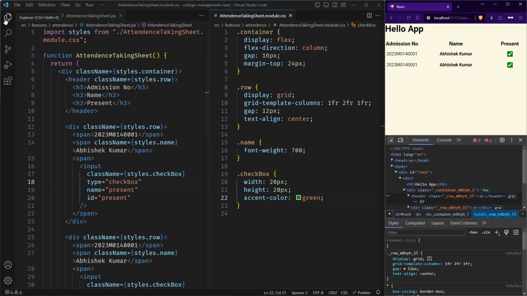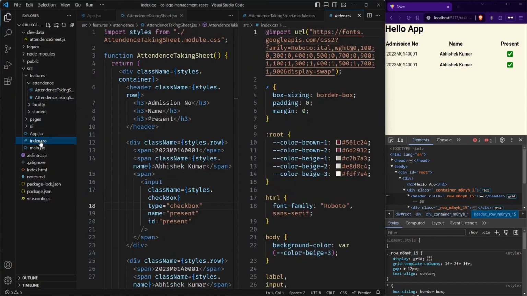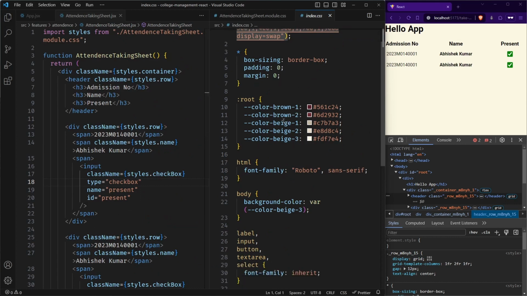And I want to show you one more thing. If you go in this index.css file, here I have defined some colors. These are known as variables. Suppose you want to use this color, you can use this name and this color will appear. This will be helpful when, for example, we are using a color in multiple places and we want to change the color, so we don't have to do it in multiple places, we just change it in this file. So this variable name will remain the same.